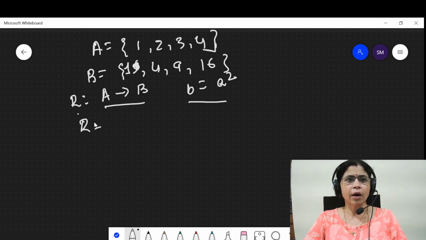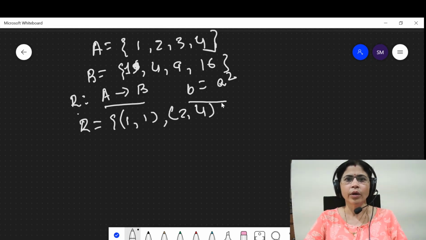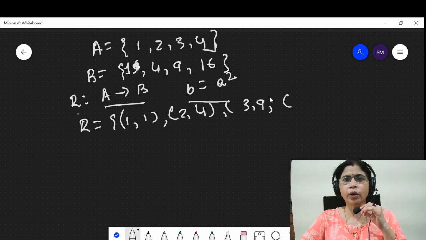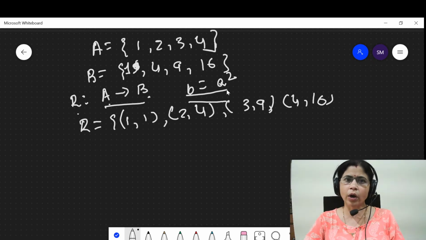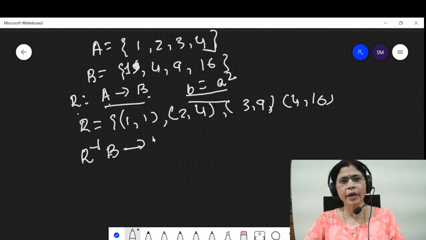Here R is equal to {(1,1), (2,4), (3,9), (4,16)}. This is a relation from A to B where B is equal to A square. In this case, the inverse of R means this is a relation from B to A